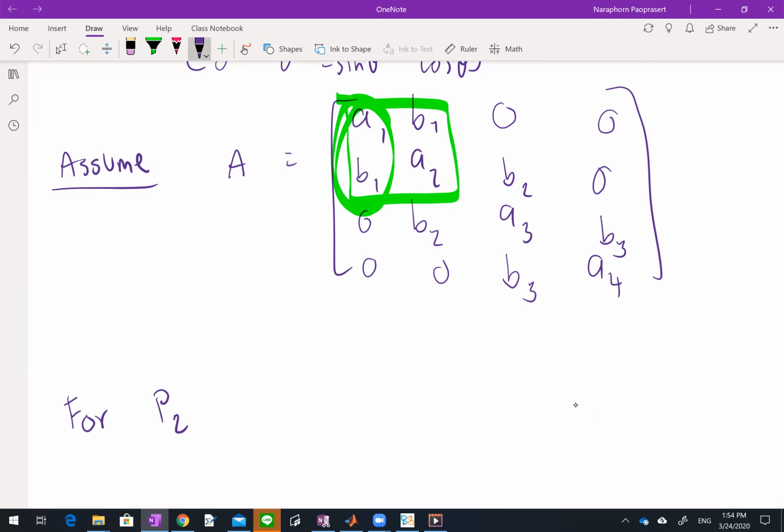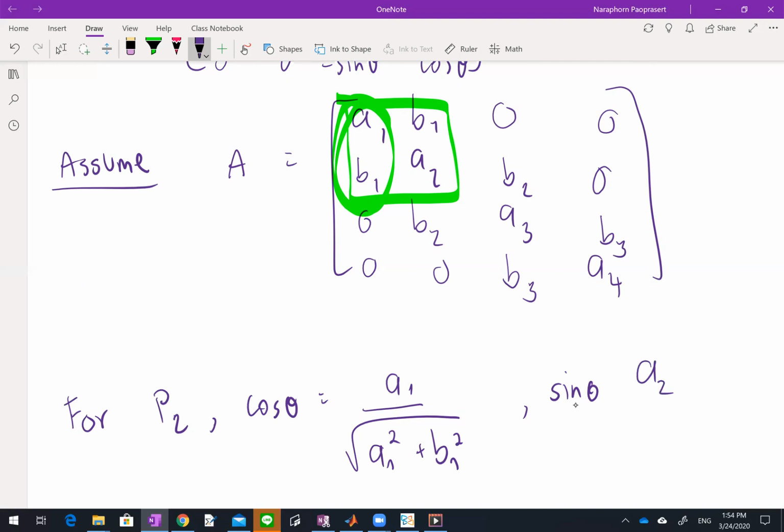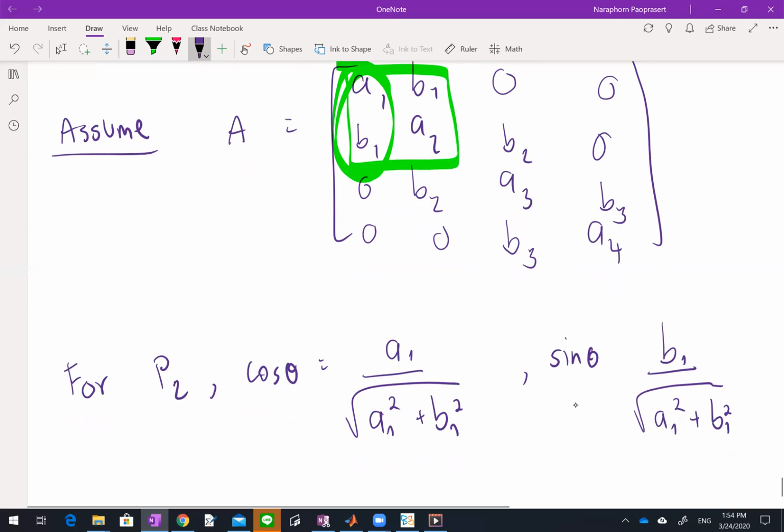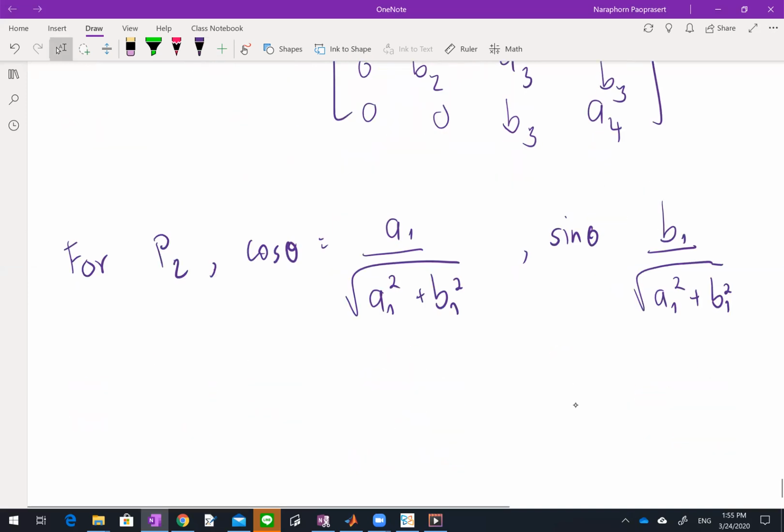So for P2, the cos is going to be just A1 divided by the square root of A1 square plus B1 square. And the psi is going to be B1 divided by the square root of A1 square plus B1 square. So this is for P2, right? For P3,